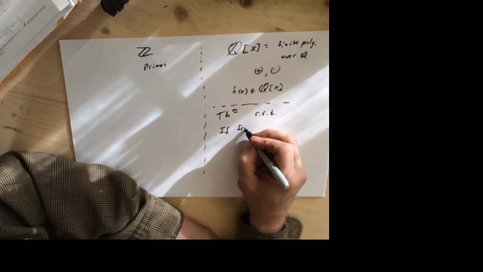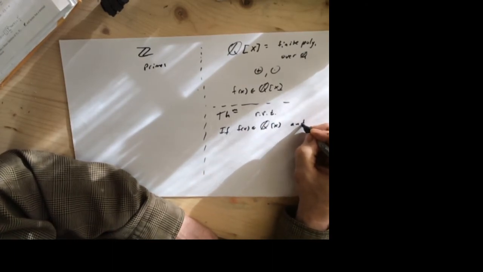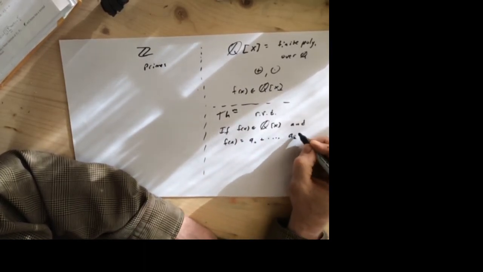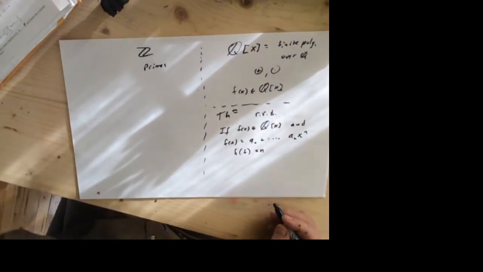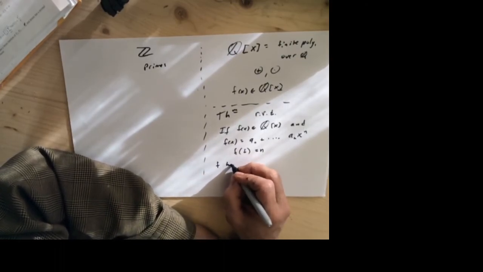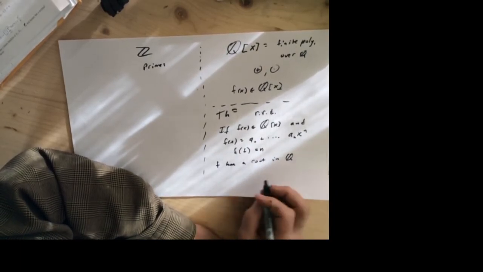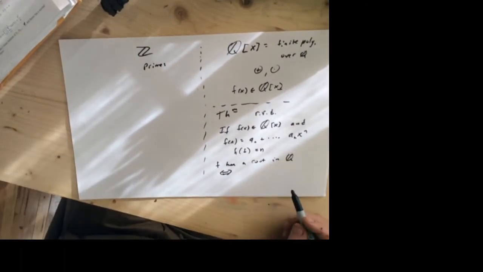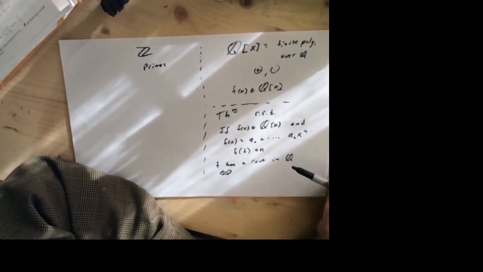If f of x is an element of Q square bracket x, and f of x is equal to a naught plus up to a_n x to the n, so the degree of f is equal to n, the theorem says f has a root in Q if and only if